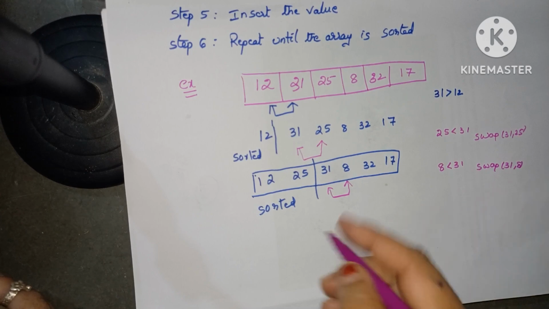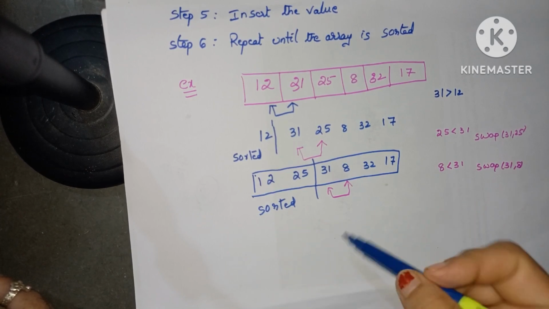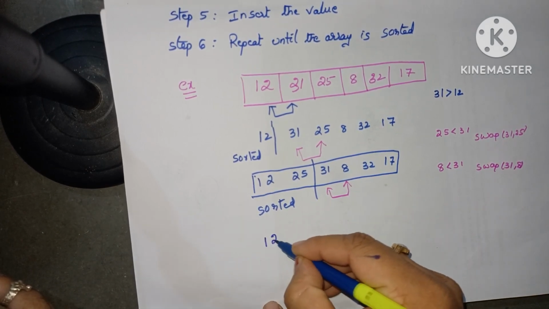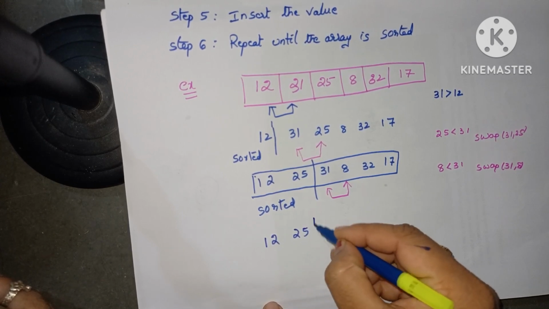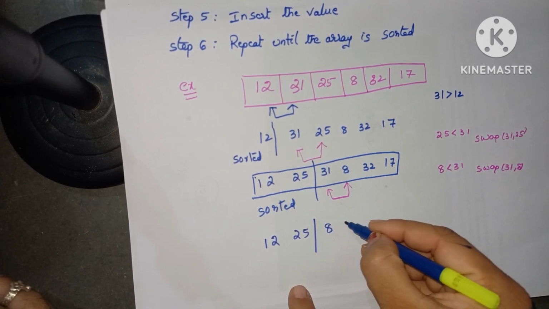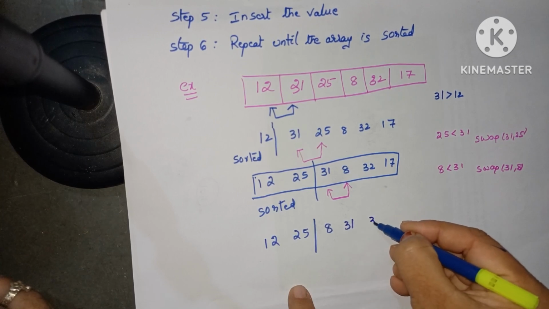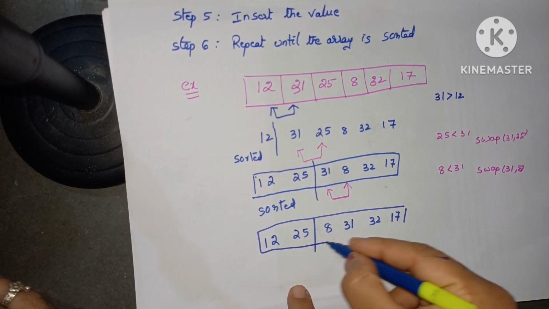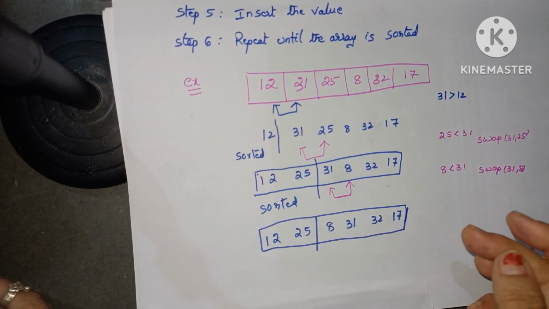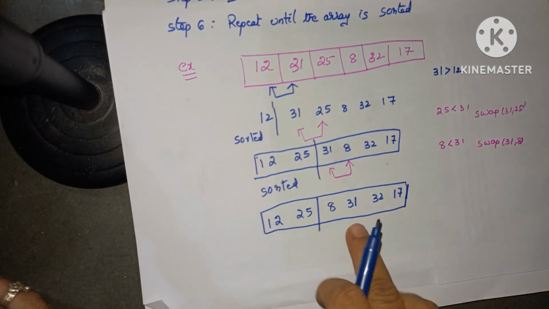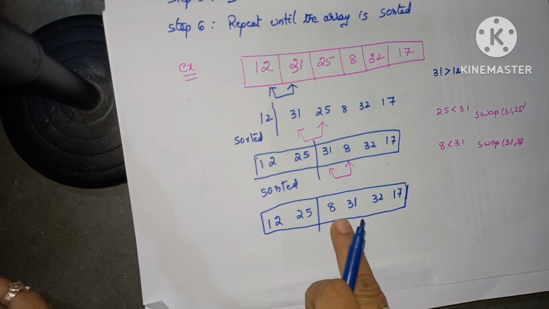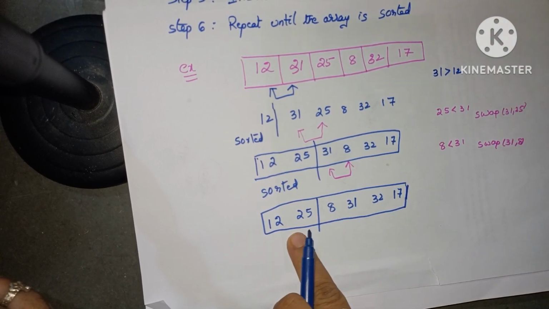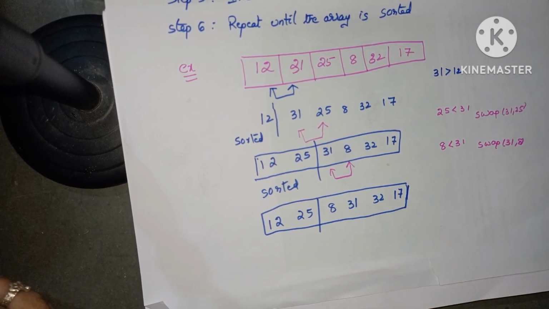And not only swapping, there is one more thing. First 12, 25 is already in sorted manner. Then 8 and 31 are swapped, and 32 and 17 have no change in these values. Is it clear? Next, after swapping it, here we check with the sorted array also. If you are comparing these two,